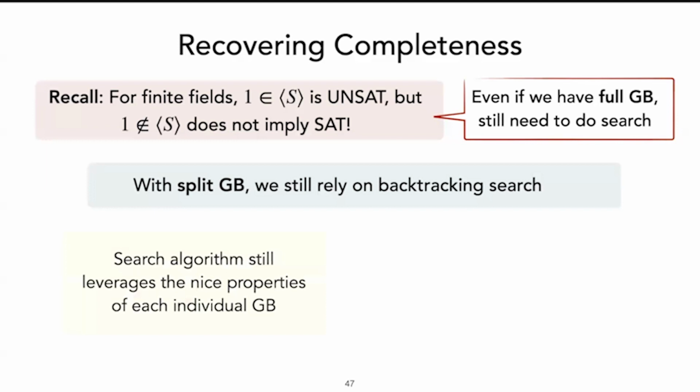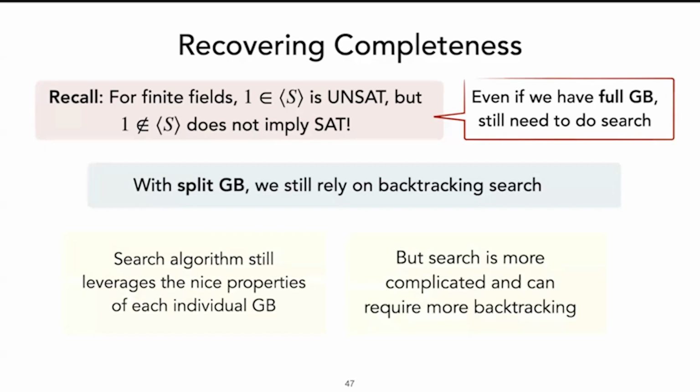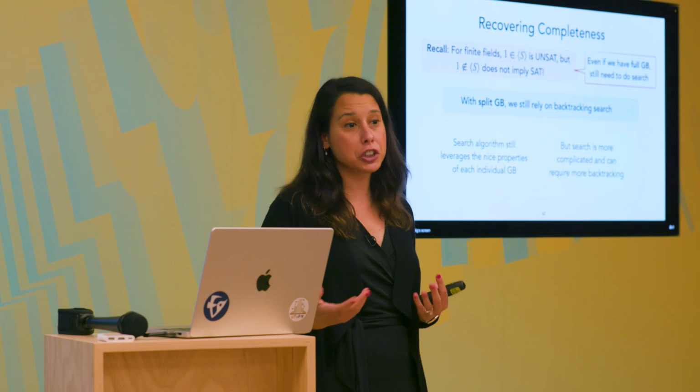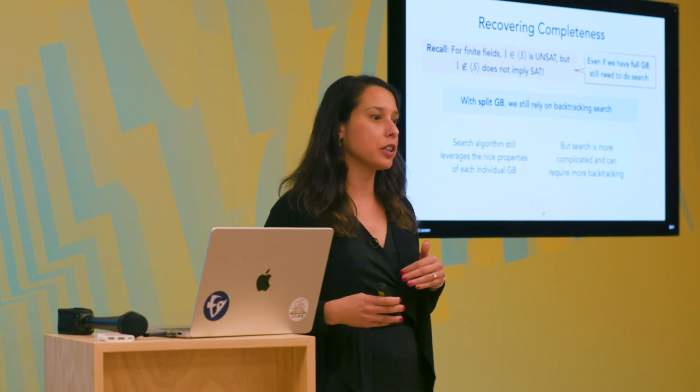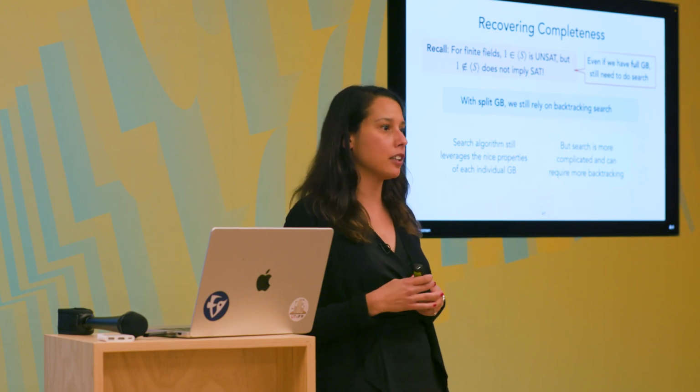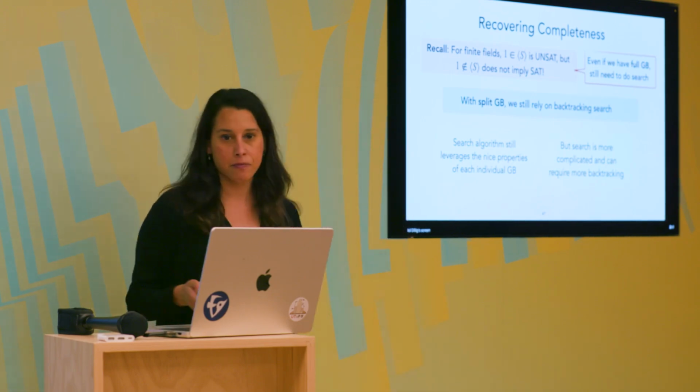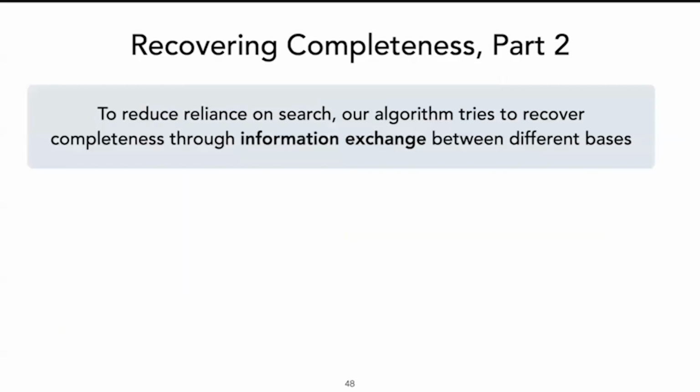And furthermore, we can still leverage the nice properties of each individual Gröbner basis to help us do the search. But as you can imagine, when you have a split Gröbner basis, the search algorithm itself gets more complicated, and in general it can require more backtracking than if you had a full Gröbner basis. So there's that trade-off. Now, in addition, to reduce the reliance on search, our technique relies